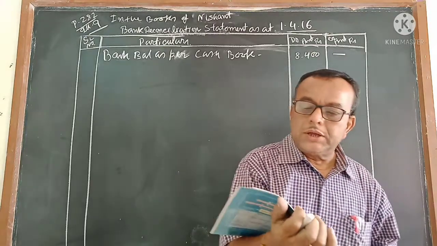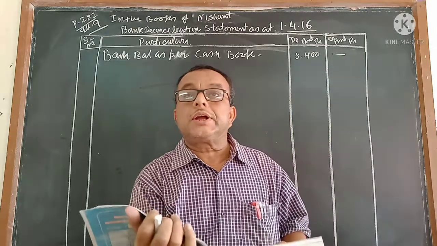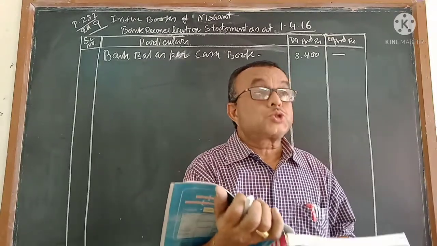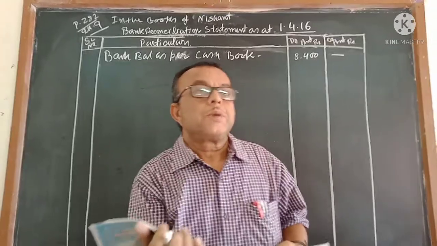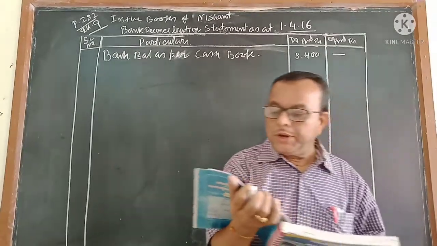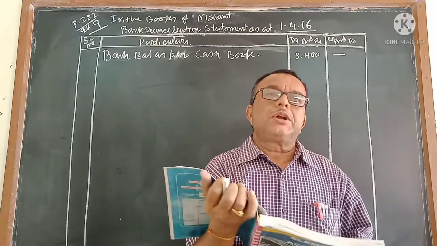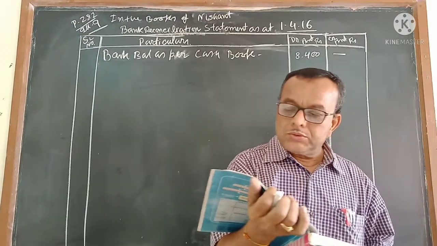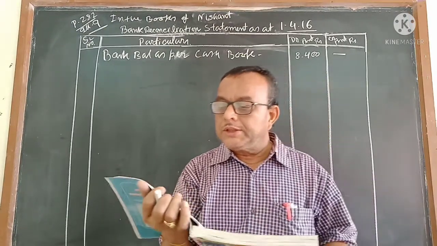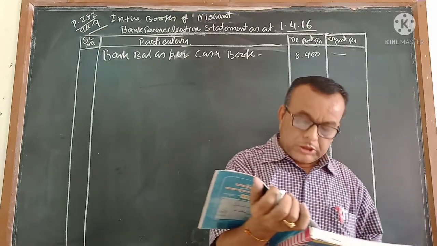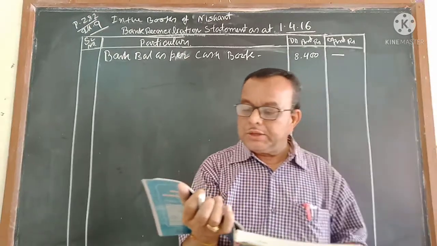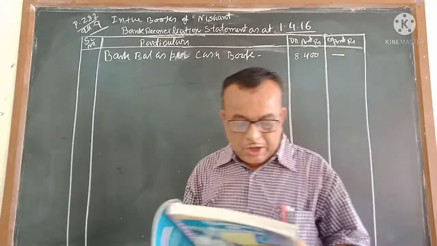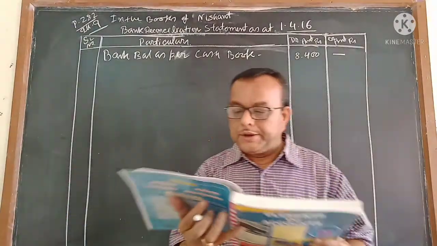Now again we will check the cash book credit column. Is there any amount which is recorded in the passbook credit column but not recorded in the cash book debit column? Once again, in the passbook credit column, if the bank people have written an amount but it is not recorded in the cash book debit column, that can also happen. That is 6,000. 6,000 is given within a circle. It is credited in the passbook but not debited. That means we got three amounts: one is 3,000, and there is 200, and there is 6,000. So first let me complete these first. Now we come to the 3,200 together.